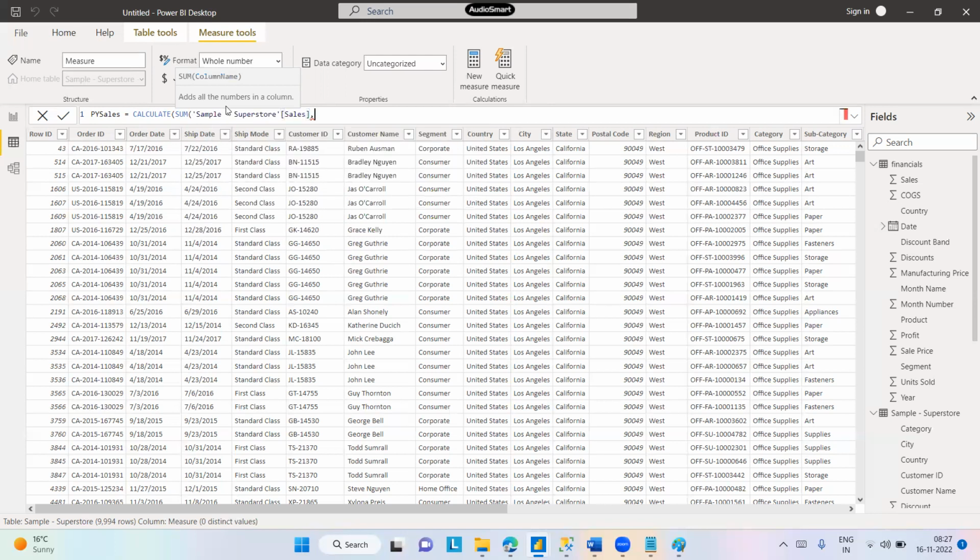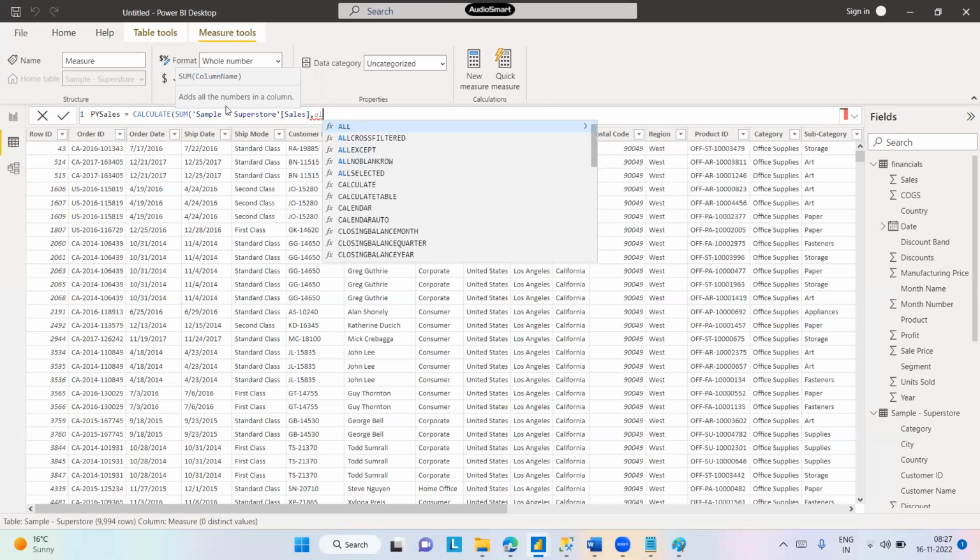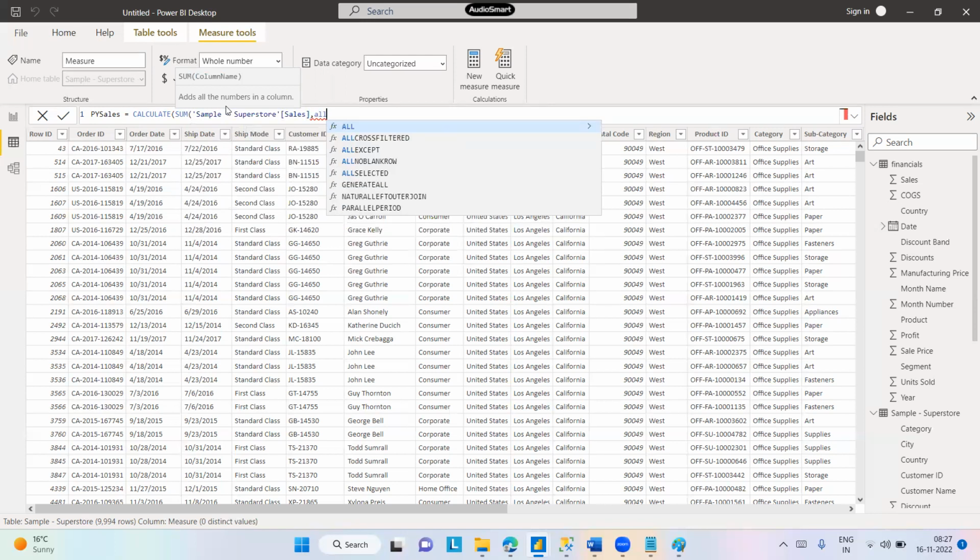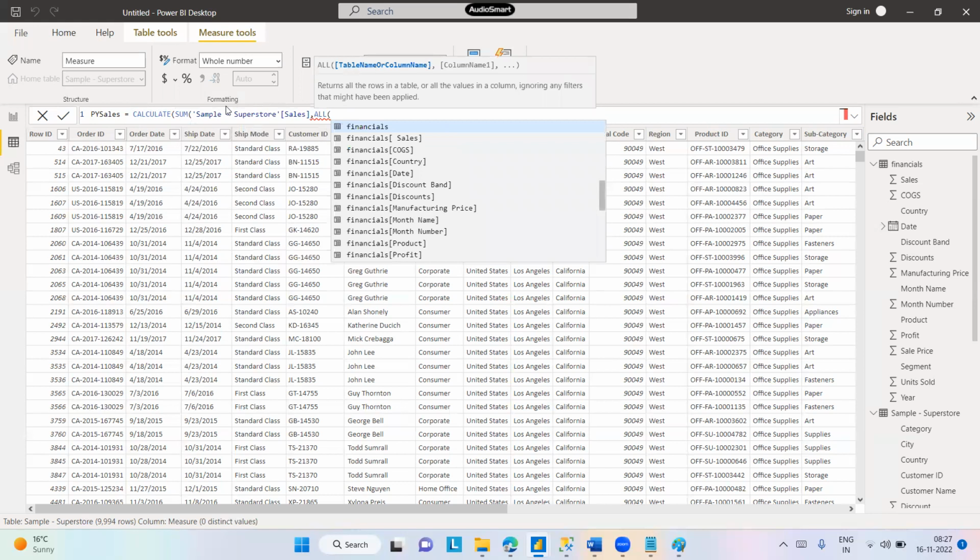Then I will use the ALL function. The ALL function returns all the rows in the table. Even if you are applying some filters, they will be ignored and will not be applicable for this measure. For that reason, I am using this ALL function, because I wanted to evaluate for all the